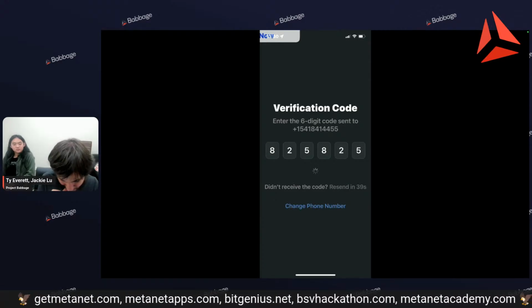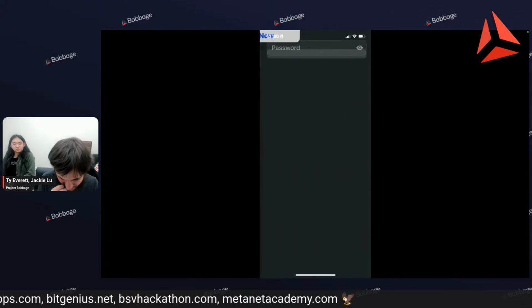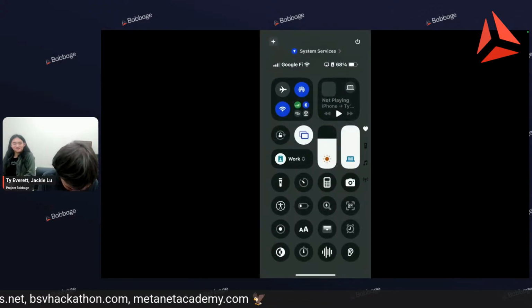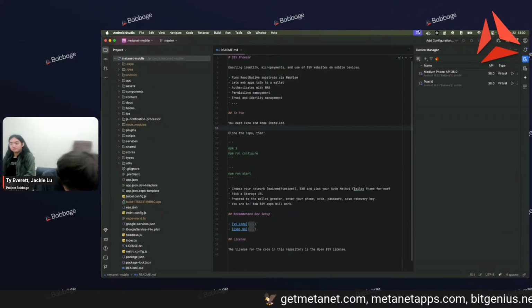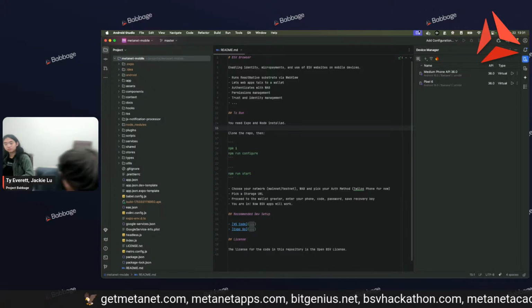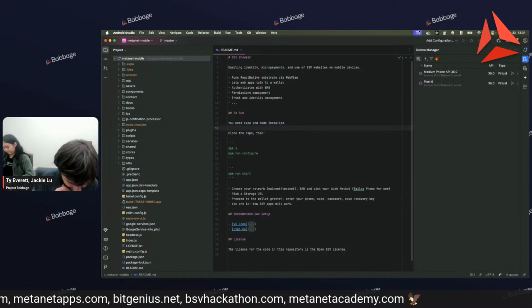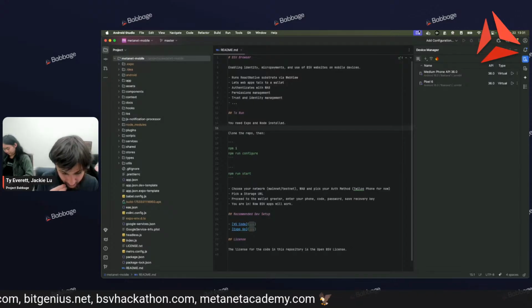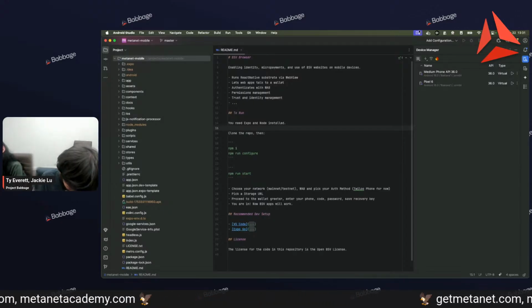And I actually cannot reveal my password to the entire world. So you'll have to bear with me for a second. I'm just going to enter my Metanet password and actually log in. But you'll be able to either create an account or log in. Once that's done,